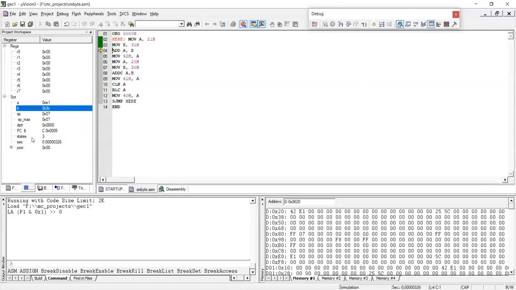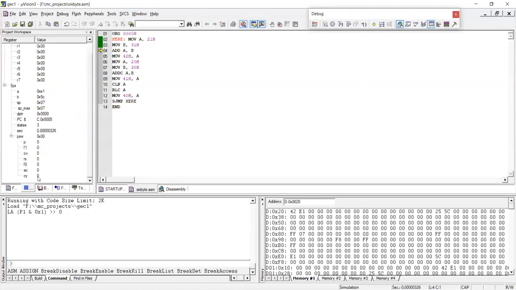Now ADD A, B, and also you can see here the carry. We're not using the ADDC instruction since we're not including the carry, right? If you are including it, because of some reason the carry bit was set, make sure that if you're using the ADDC instruction, you first clear the carry bit, and after that you can use ADDC for adding the lower byte numbers, right? ADD A, B.